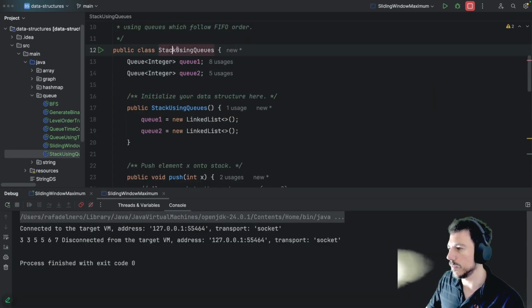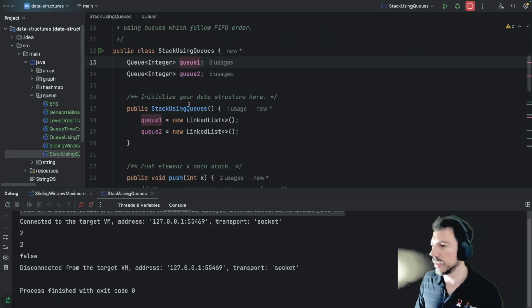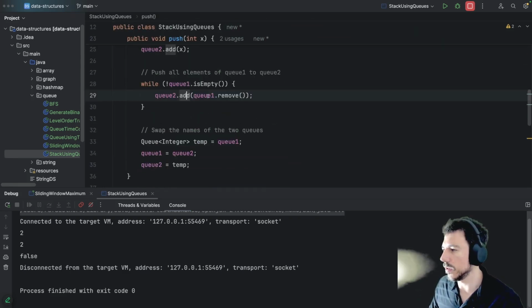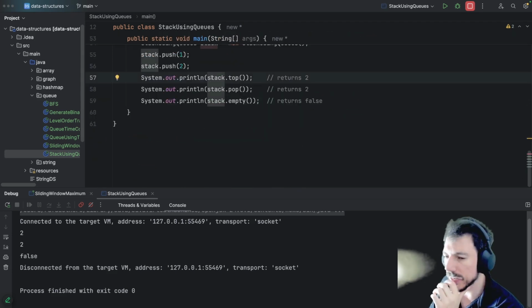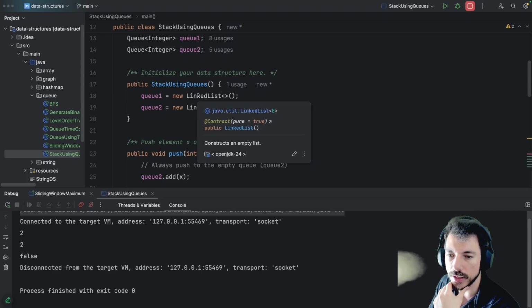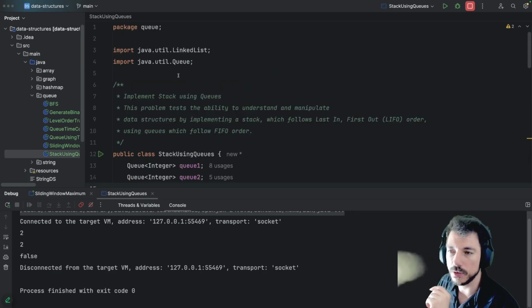And finally, we have this algorithm here, stack using queues. It is also a bit complicated. So we use Q1 and Q2. We instantiate using LinkedList. And then we have to use some queue methods here, one to add, another to remove. And yeah, I recommend you to debug this code later because I don't have much time to explain all of them here. And I'm going to have another meeting in a few minutes. But I will pass the code to you, and then you can debug this code,